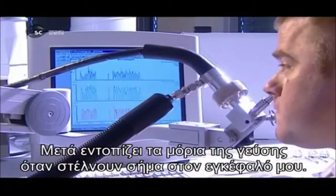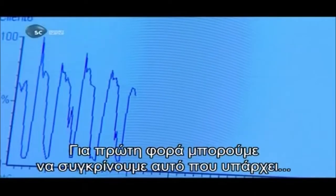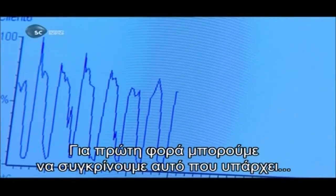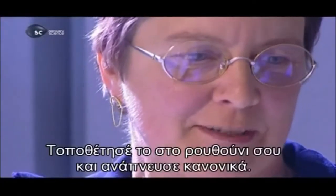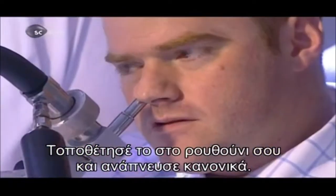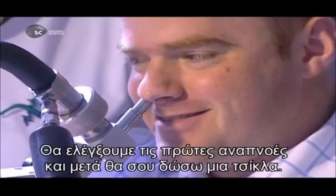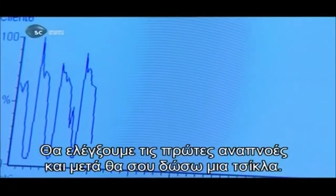It then tracks the flavour molecules as they send signals about flavour to my brain. So, for the first time ever, we can compare what's really there with what I'm perceiving. So, just make you comfortable on the nose piece, put it slightly in the nostril, and then just breathe in and out. And we will register just your breath pattern for the first 3 or 4 times, and then I